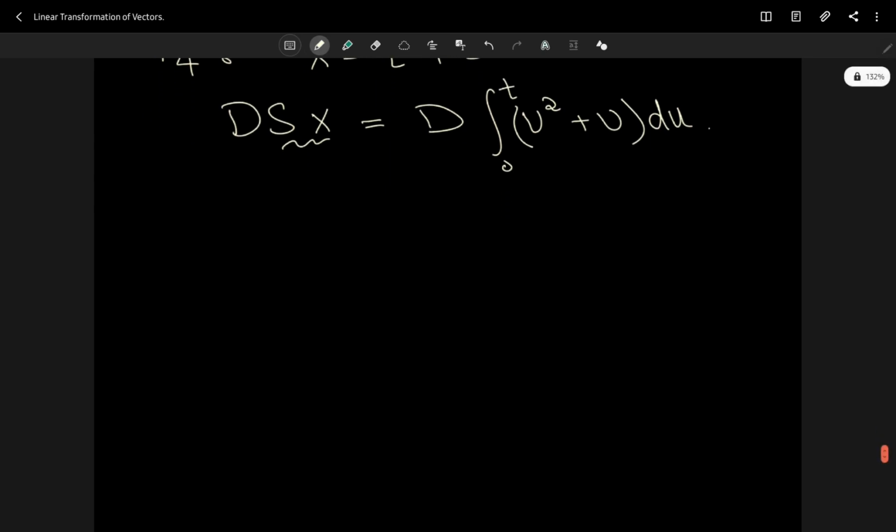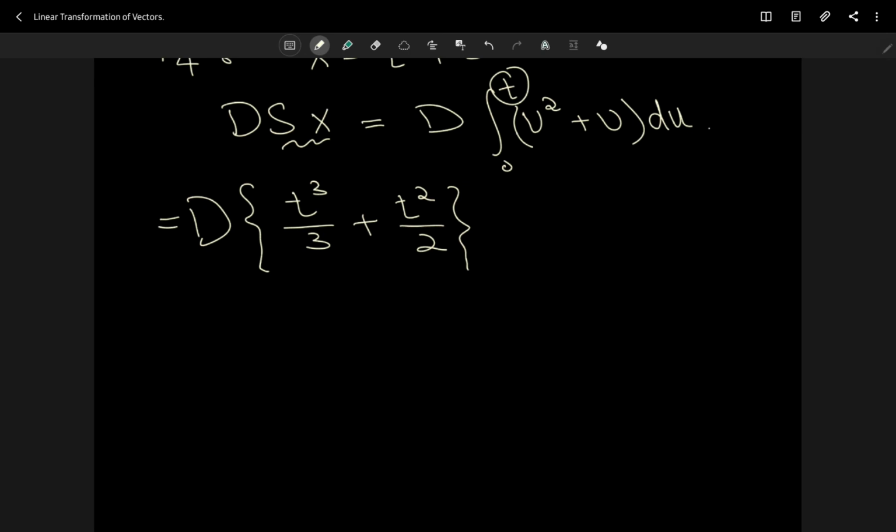right? And if I were to do this, what do I get? Well, of course my differential is outside. Inside I'll get u cubed over 3, actually I'll have t cubed because of this limit, right? Plus t squared over 2. Now if I take the derivative of this thing, it turns out that I get back t squared plus t. So in so far I can say that DS is equal to identity,